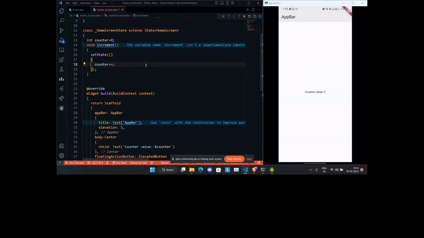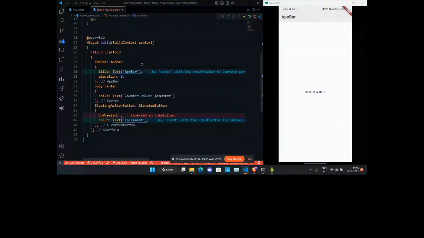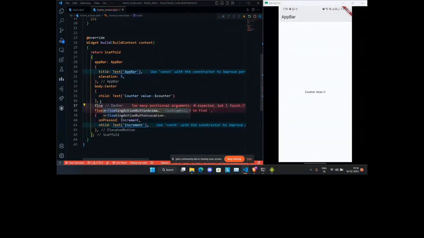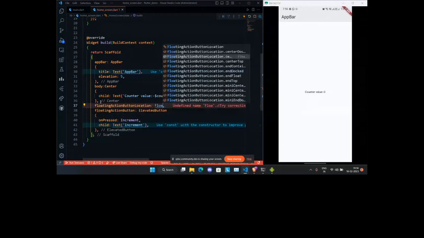I'm going to mention the function called increment, and another floating action button, center float. Let's see how it looks.